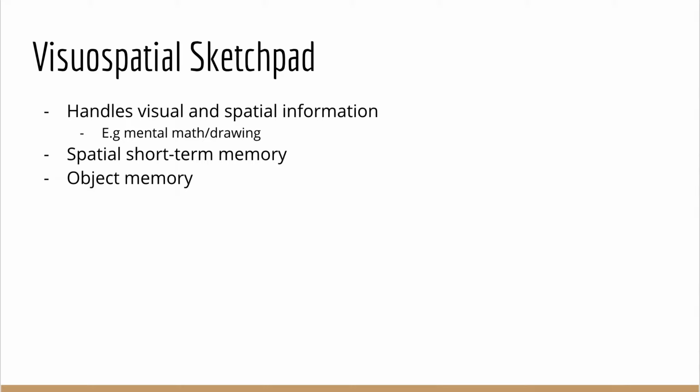And this has also been expanded on with people talking about the visual cache, which stores information about form and color, or the inner scribe, which deals with spatial and movement information. But there are different components of the visual spatial sketchpad, and those are the key aspects of Baddeley's model